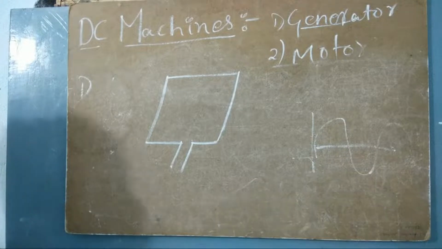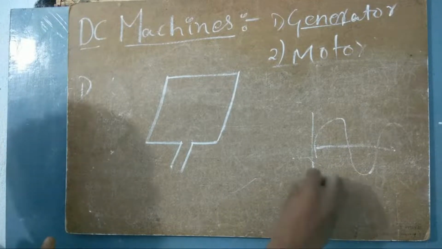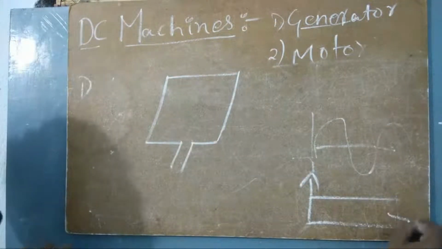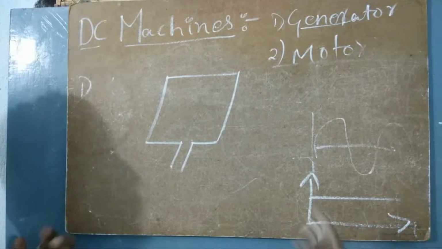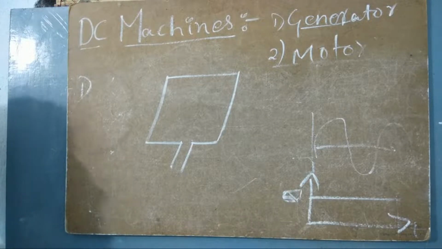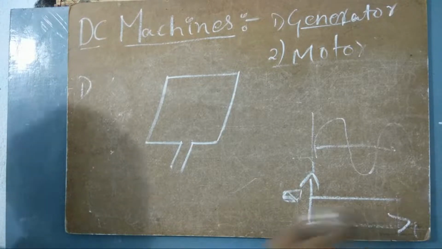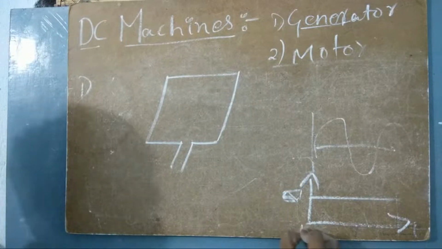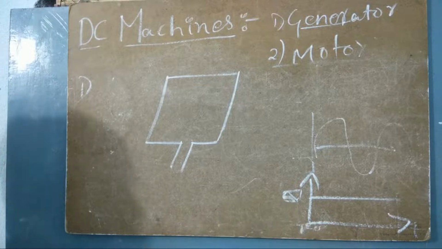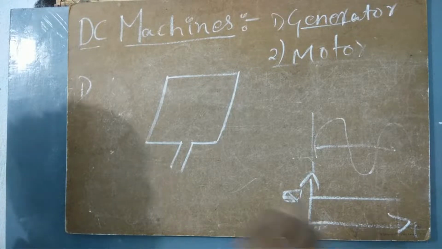When talking about DC, it is not alternating; it is constant over time, because whatever time I'm looking at, it is constant. If I have a magnitude of 5 volts, it will be 5 volts over time. Even when t equals infinity, it is going to be 5 volts only. When t equals 0, it is 5 volts. Even when t equals 1 second, it is 5 volts. Even when t equals 10 seconds, it is going to be 5 volts.